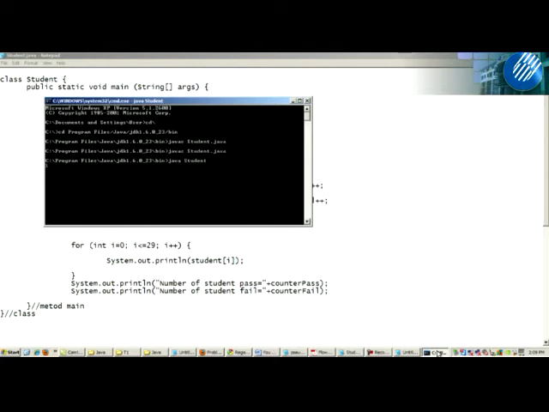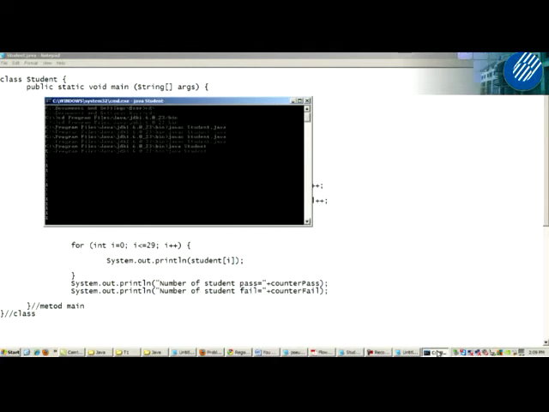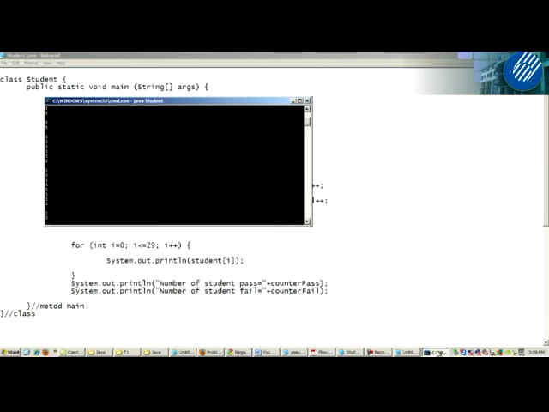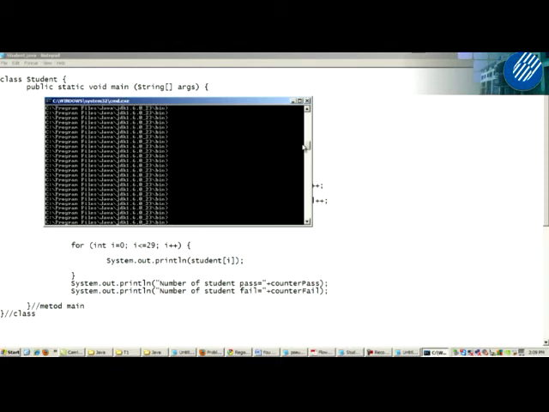Okay, you compile again. How to compile? javac Student, no error. Now I run java Student, enter.